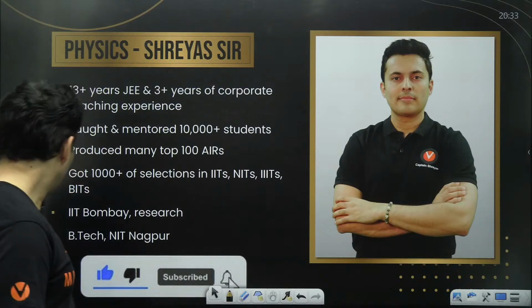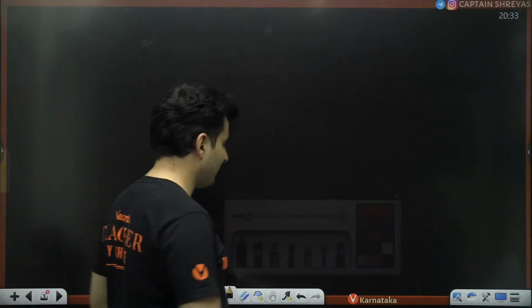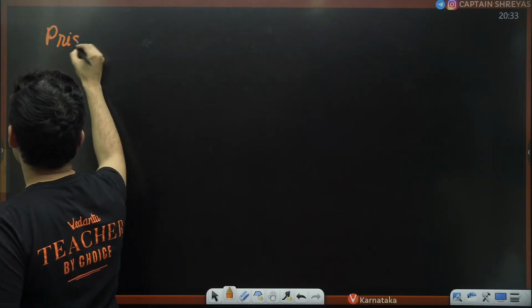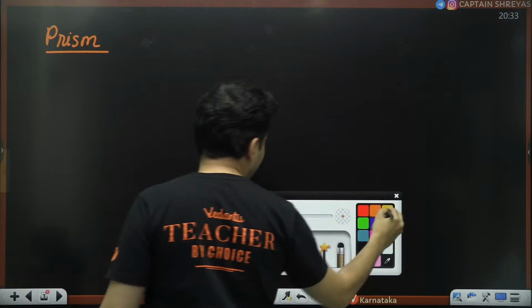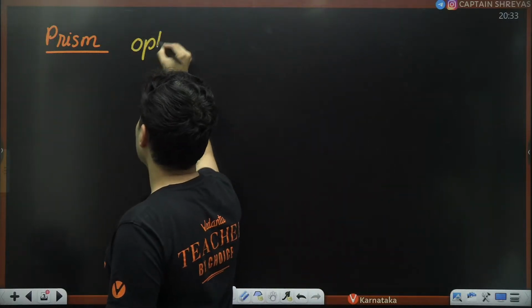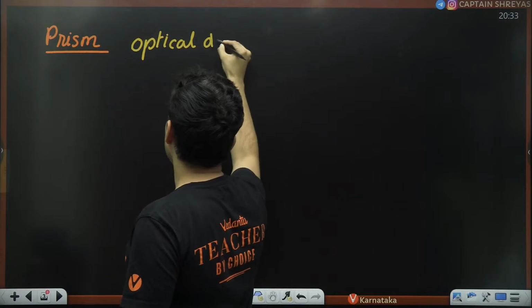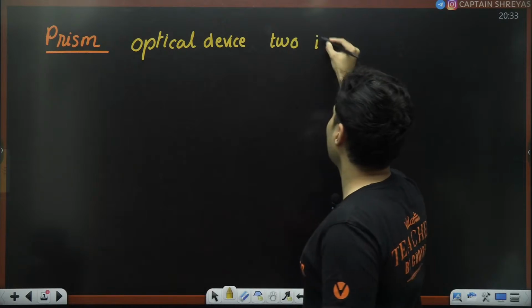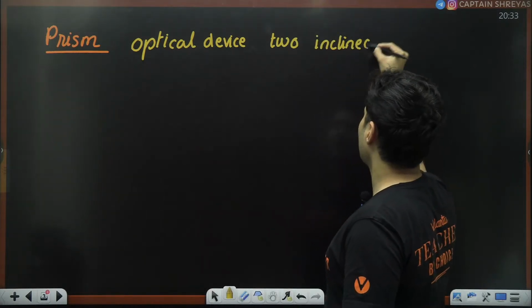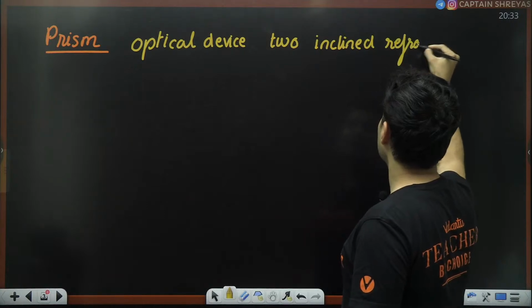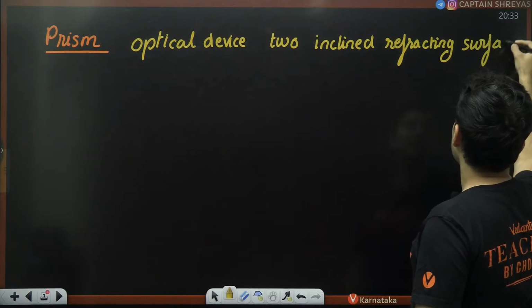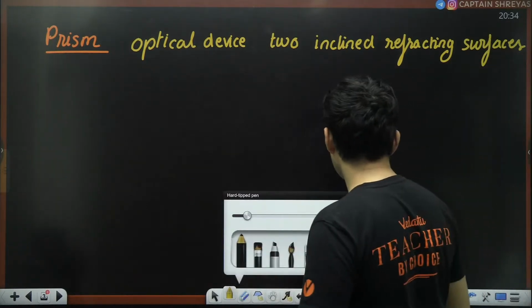Let's go. So, in this particular part of prism, let me start off with what exactly do you mean by a prism? See, prism is an optical device. Prism is basically an optical device with two inclined refracting surfaces. Examples could be